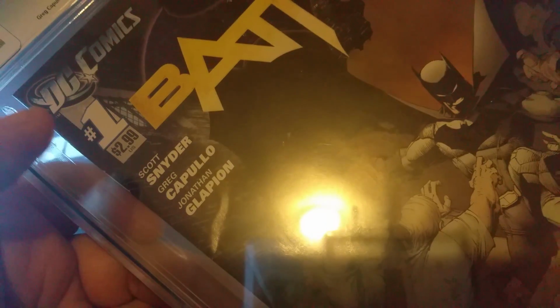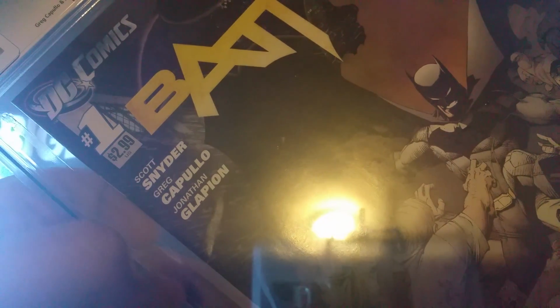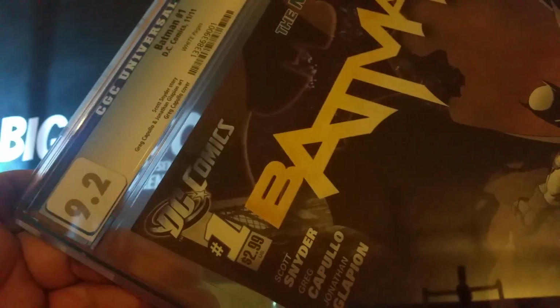I know this book could have been a better grade. If I got the 9.2 because of that right there, then that's on them, because I didn't submit the book like that. But what can you really do? I didn't take a picture of the book as I was submitting it to them to show, so it's just my word against theirs. But overall, a 9.2 on a book that I purchased off